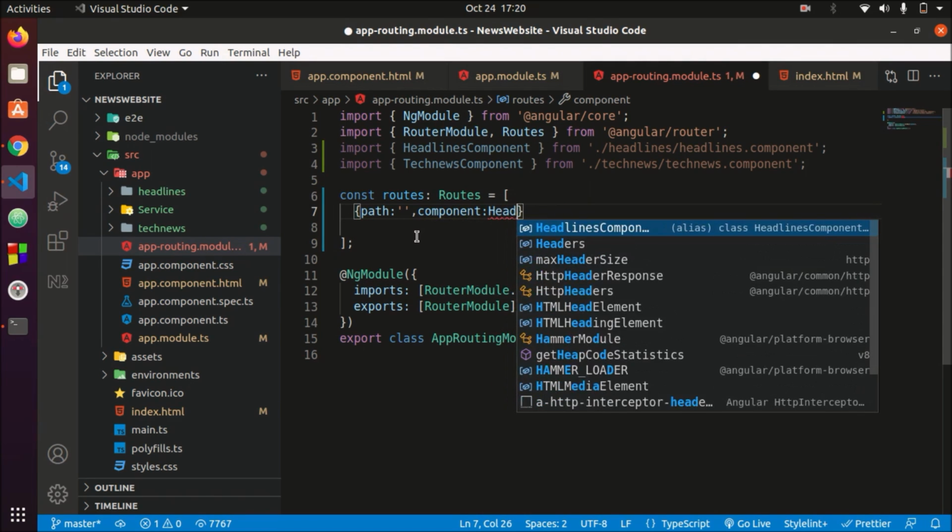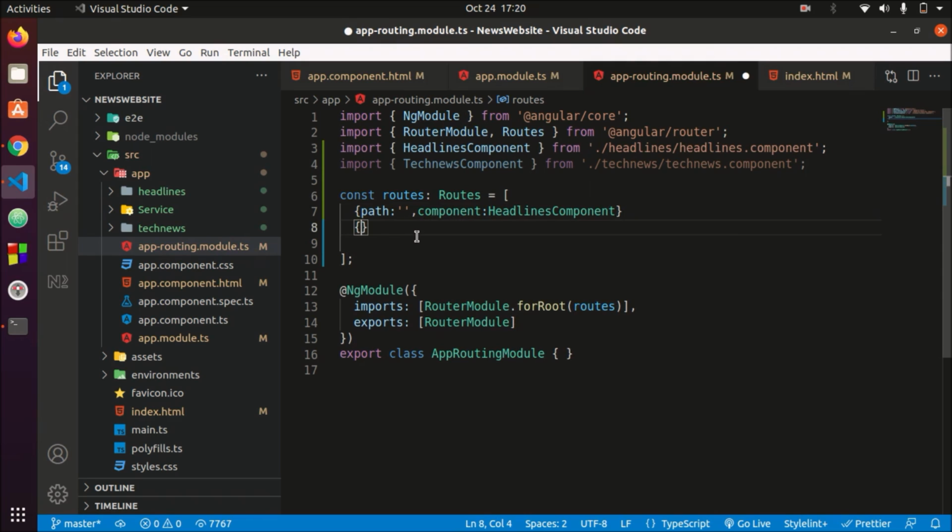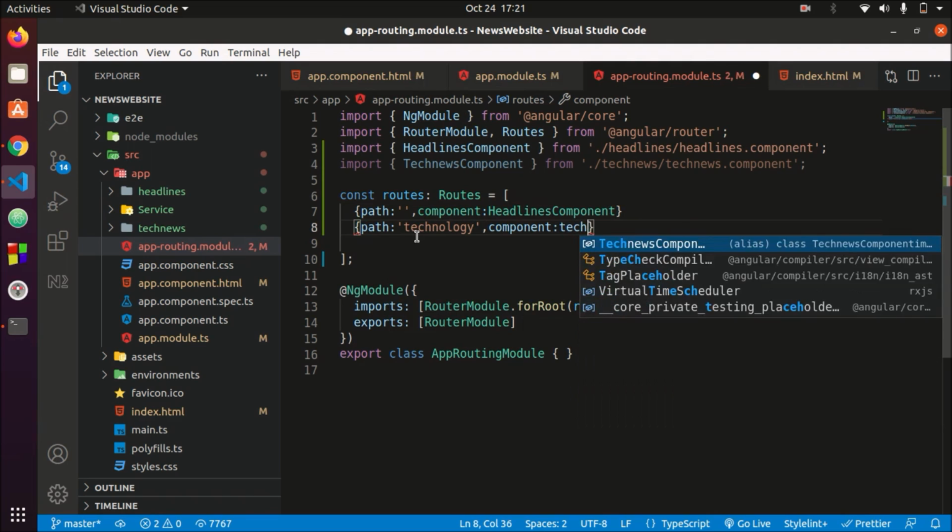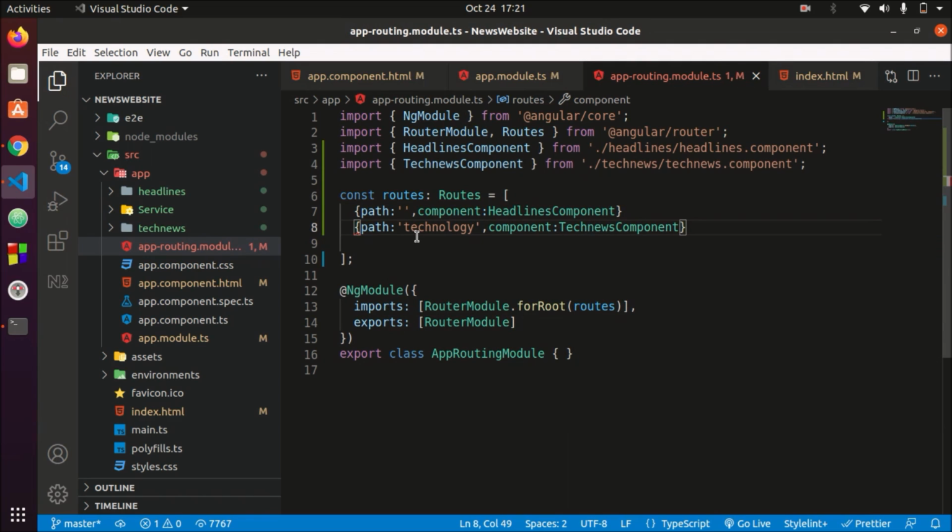We want to see headlines, and whenever the path is technology, we want to see tech news component. So we have set our routes also. I think routes are done. Now move to the next thing.